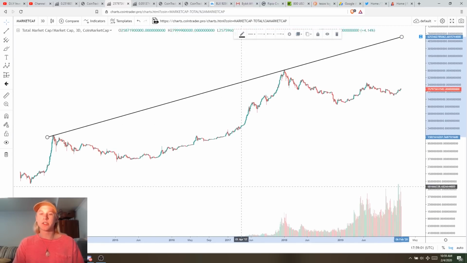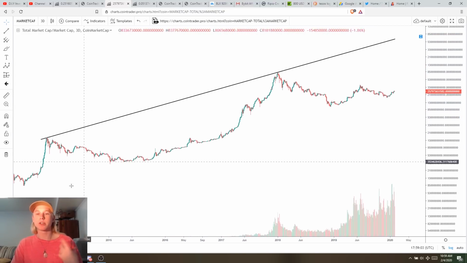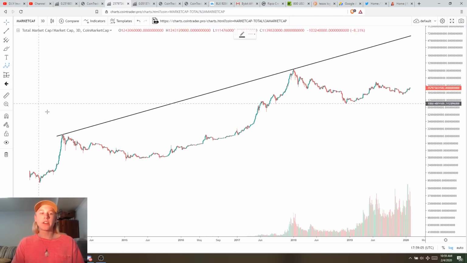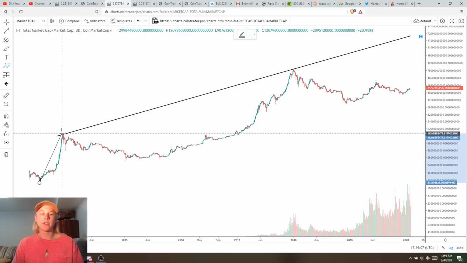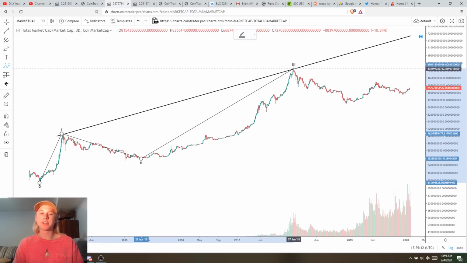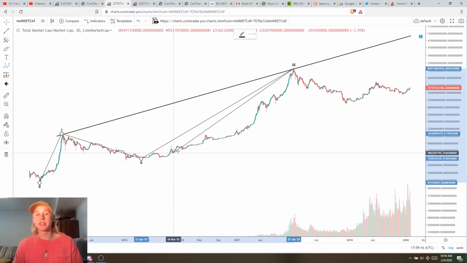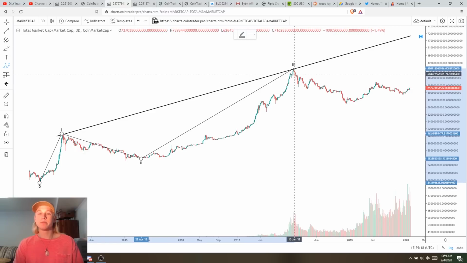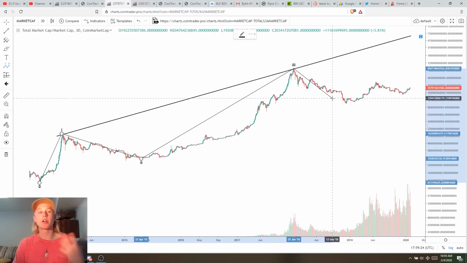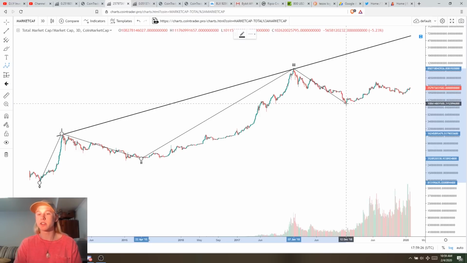Now, this is on the log scale, obviously. This is the logarithmic chart. Based off of Elliott wave theory, we have finished a one wave, we retraced, we finished a three wave. So basically, the entire move from about 2015, the start of 2016, about right here, to the top in 2018 was basically our three wave. And so from that point, this last bear market that we just had was us retracing into the four.